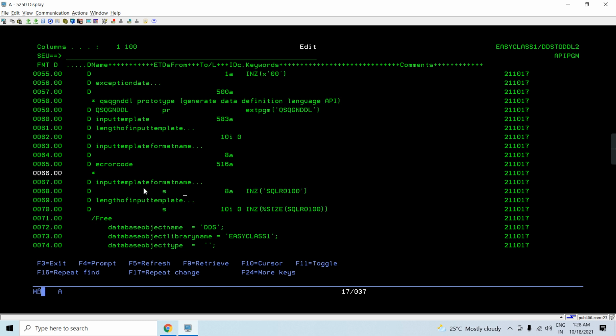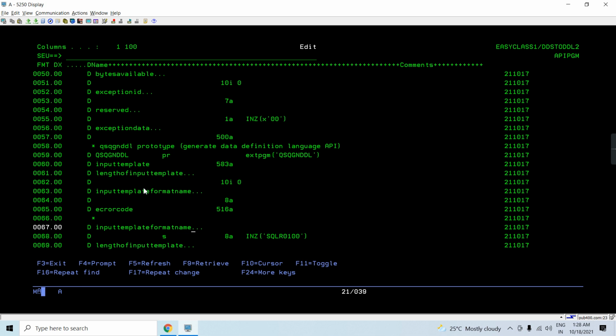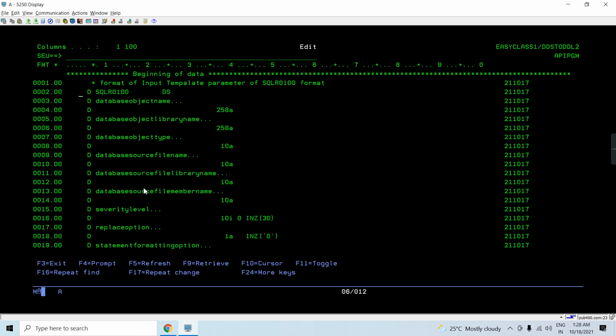This is going to serve as the third parameter, and this is going to serve as the second parameter of this API, that is the length of the DS and the name of the format, and the first input template would be this DS. This DS contains the database object name and database object library name, that is the input object for which we are going to generate the DDL source.